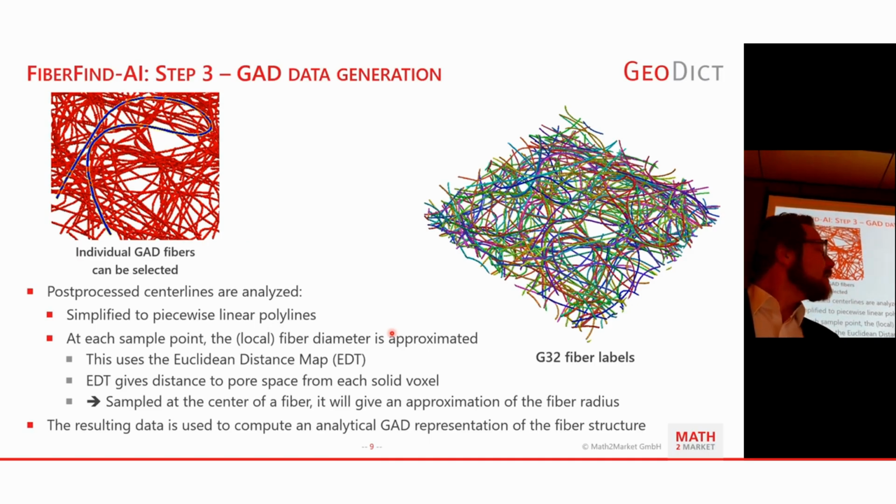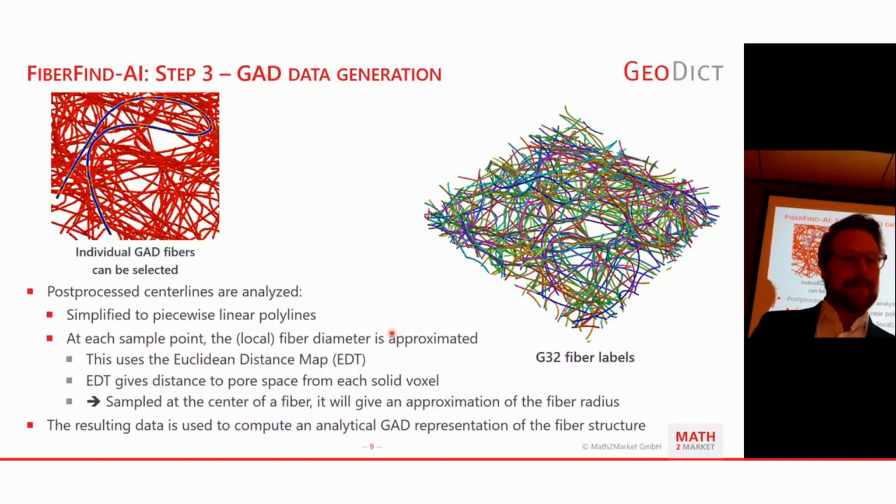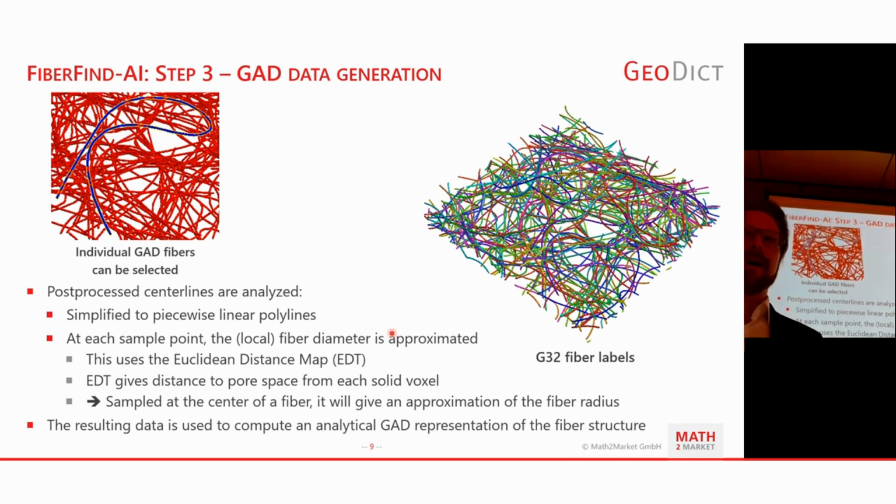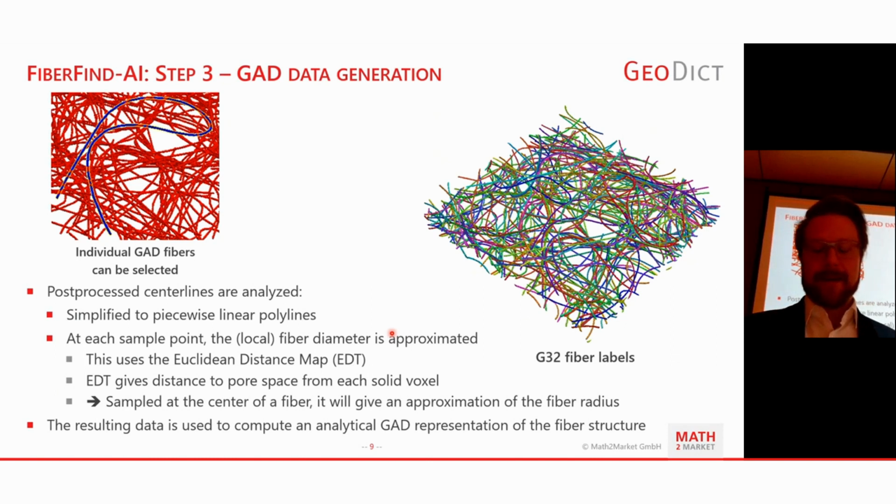And so the resulting data, which is those polylines, so basically the points along the fiber connected by straight segments, plus the radius or diameter information that we have at each point, is sufficient to construct a GUT representation of these fiber objects. So basically, what we have at this point is, from its nature, identical to what an output of FiberGeo looks like. It's the generator that would generate a fiber structure.